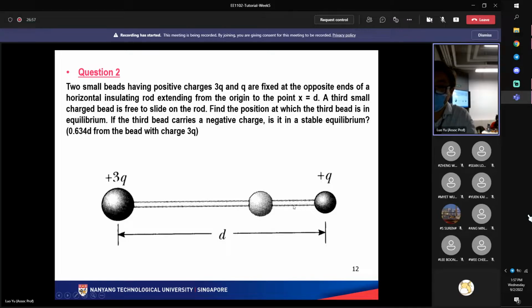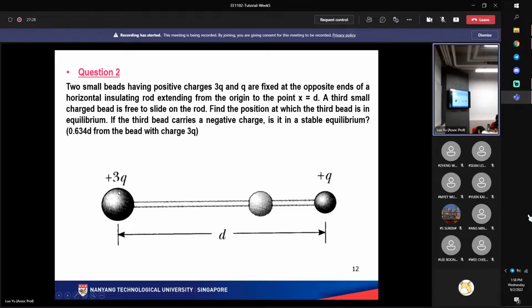What I want you to find out is the position at which the third charge will be in equilibrium. In equilibrium, the total force experienced by the charge is zero. Then also determine whether it's a stable or unstable equilibrium if this is a negative charge. So you can say if this is, for example, a negative charge,